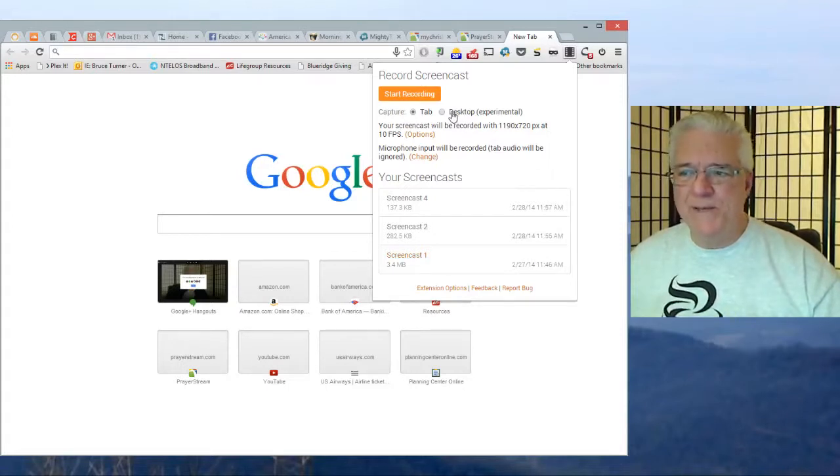I don't recommend this desktop experimental. It gets a little complicated. What works out best is just to do a tab, and what it will capture is just the tab. You won't see any of the bookmark bar. You won't see the tabs. You'll just see the main screen itself. If you do that, you can change the size of the screencast,